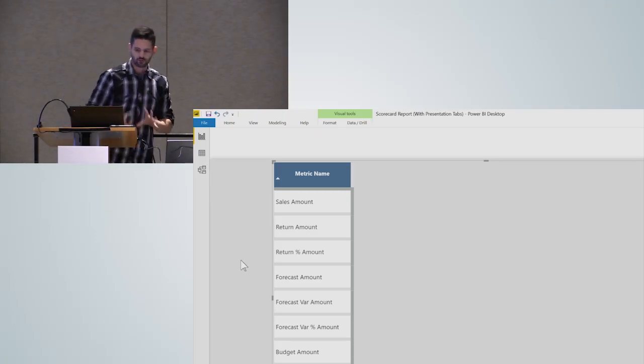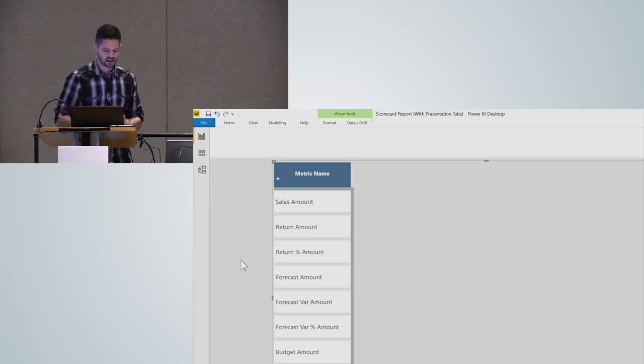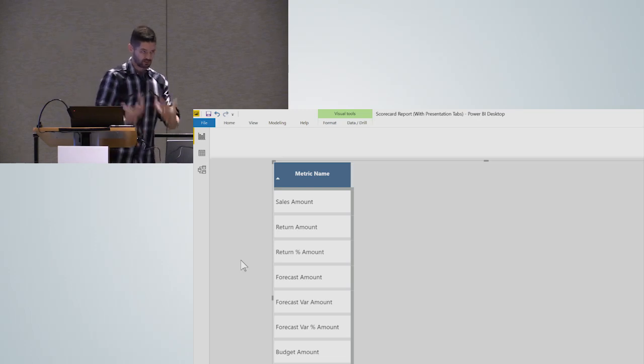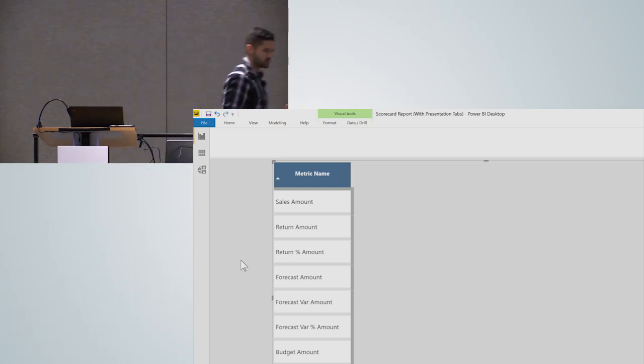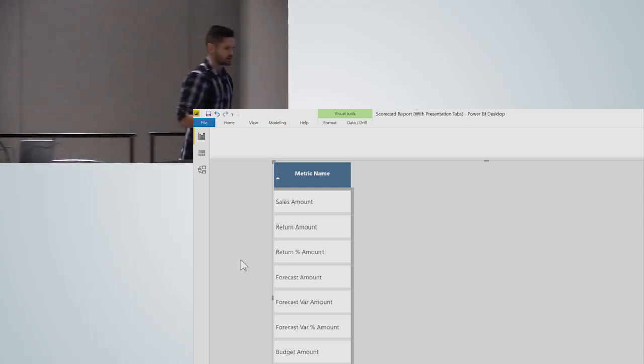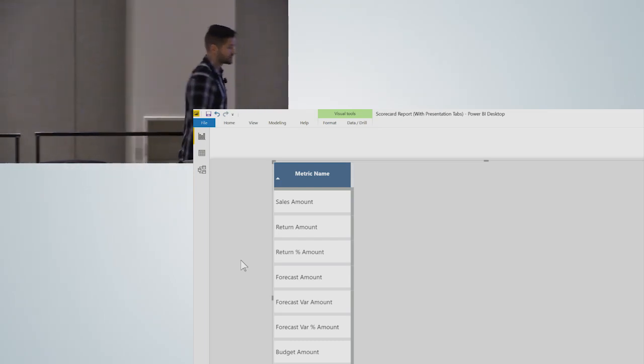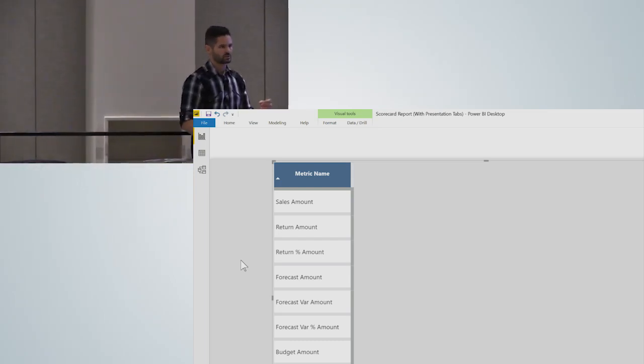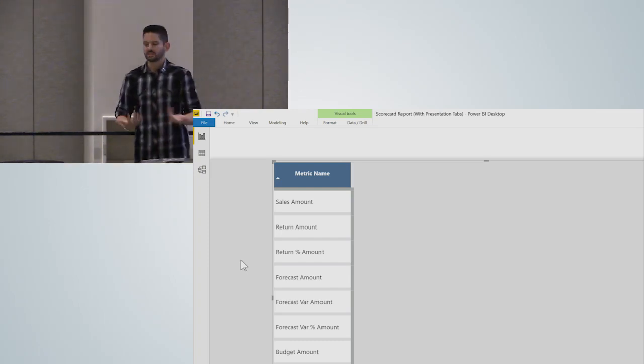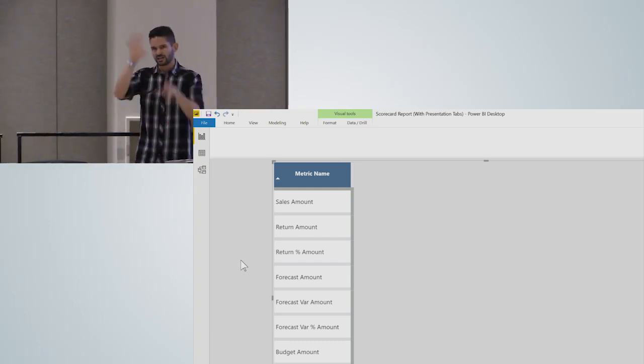Now, a couple of things that I want to point out about the actual design of this. My biggest thing was I started in a V1 with this, where my client really wanted a grid of single value cards. And I've seen a lot of scorecard reports getting built that way, where it's just tons of tiny visuals pasted everywhere. And for many situations, that's what's required when they want gauges and all this other stuff.